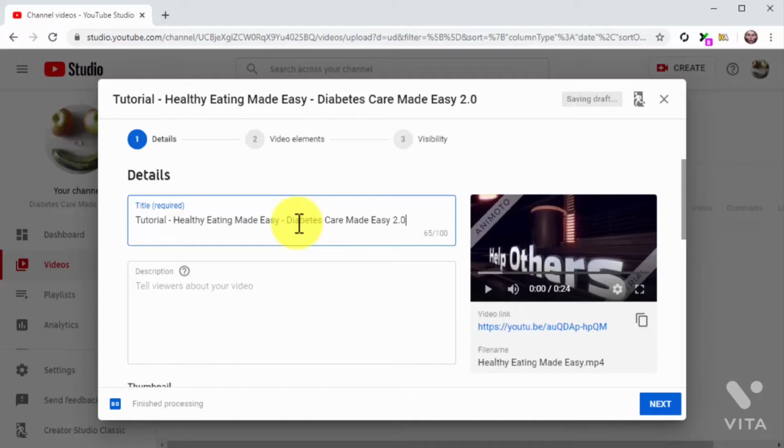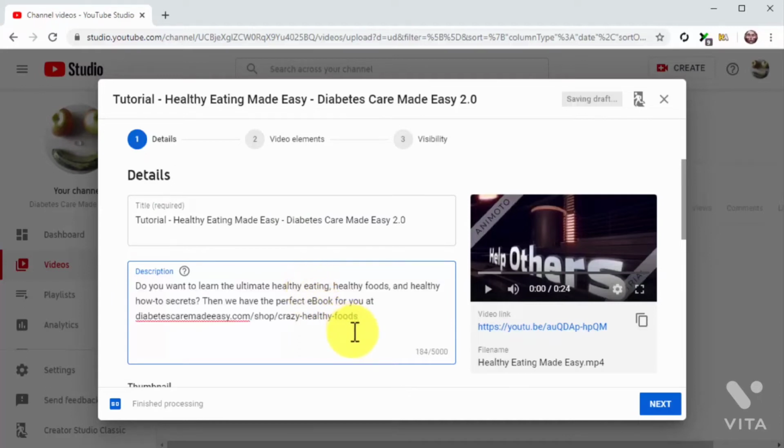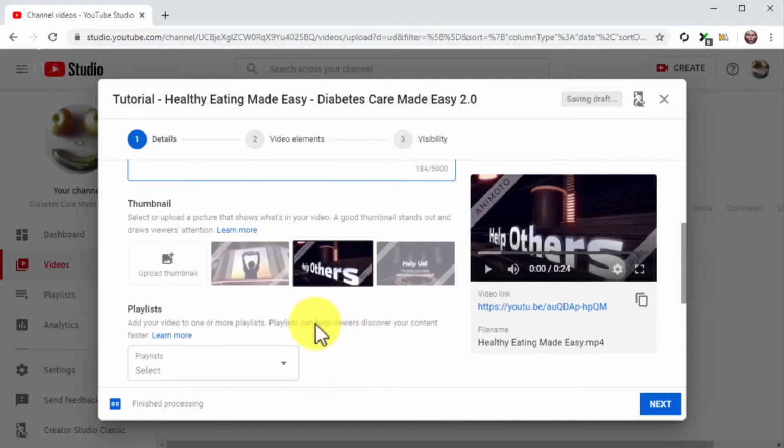For this example, we are going to use the tutorial keyword as our video keyword. We are going to combine this keyword with a high-traffic search term and the name of our business at the end of the title. Let's now optimize the description. The strategy here is simple. Compose a description that is 250 characters long. Include all of your target keywords and search terms on this description and your product URL at the end.